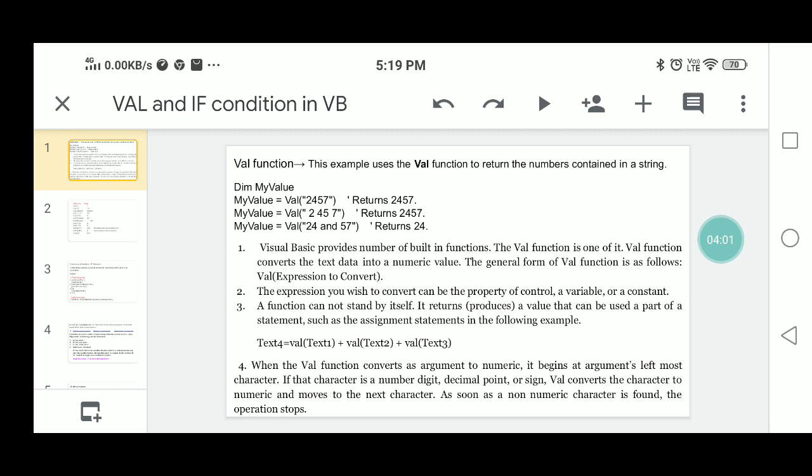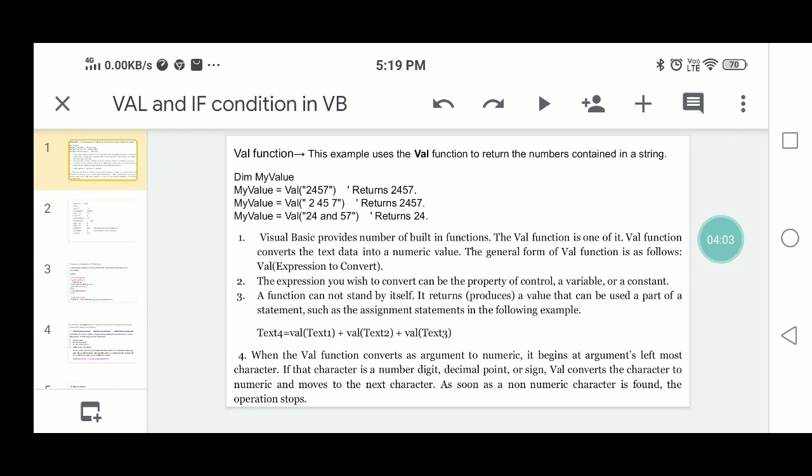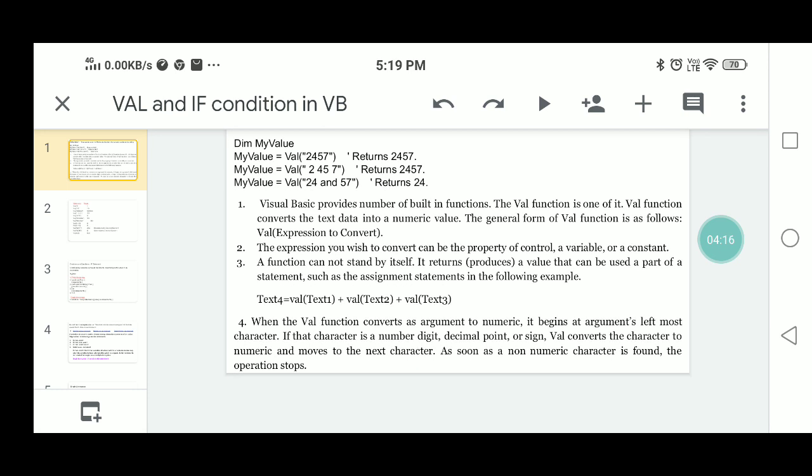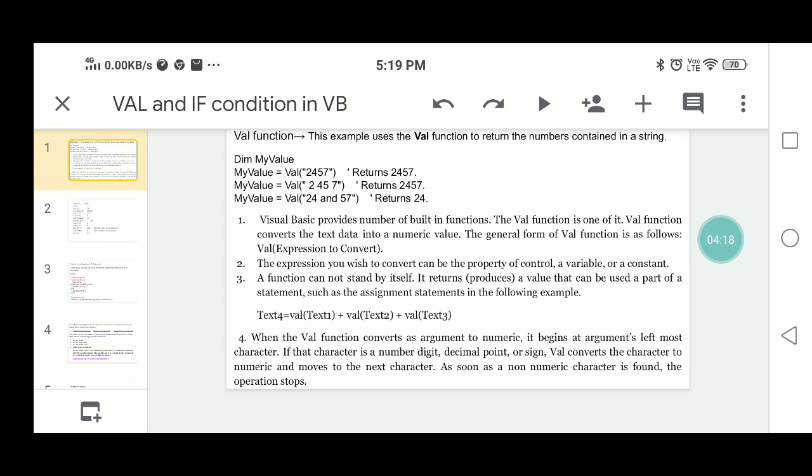When the Val function converts an argument to a numeric value, it begins with the argument's leftmost character. If that character is a digit, decimal point or sign, the leftmost character is taken first. Val converts the character to numeric and moves to the next character.